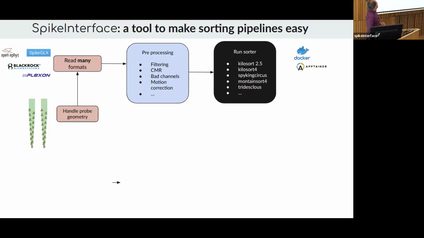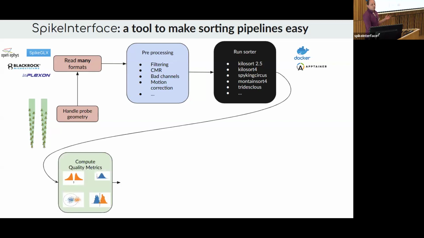You still have a black box here. Once you have your data that have been pre-processed, you give them to a spike sorter. And here you have various flavors depending on your habits, your labs, your knowledge. Maybe you use Kilosort 2.5, 4, or SpykingCircus, one of the sorters I also developed a while ago. And once you have these results coming out from this black box, thanks to SpikeInterface, you can easily compute standardized quality metrics. At least we know that we're all talking about the same quantitative measure because there is documentation, they have been validated, tested, and then you can curate your data.